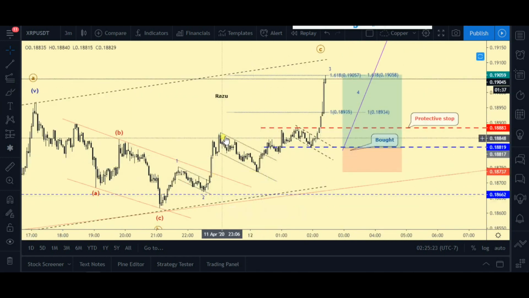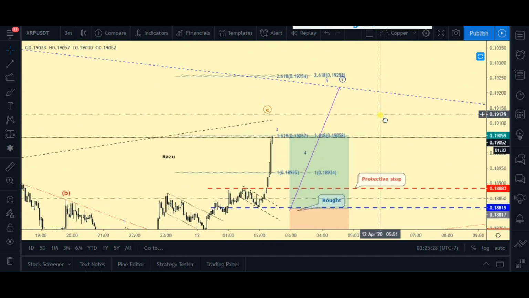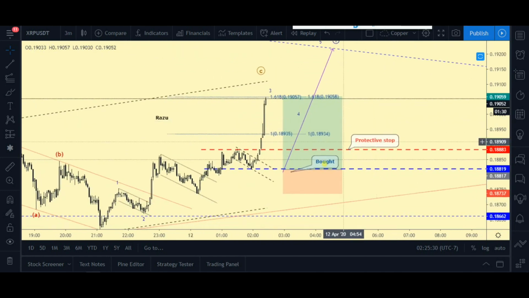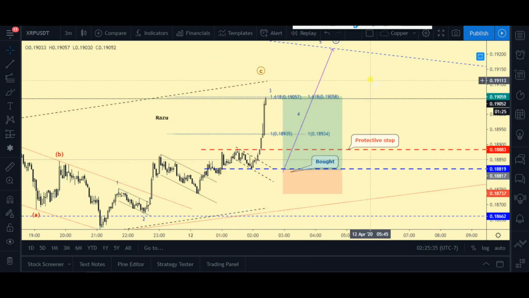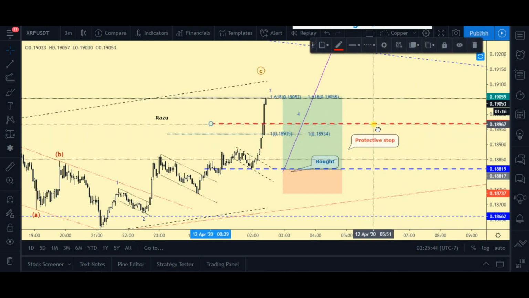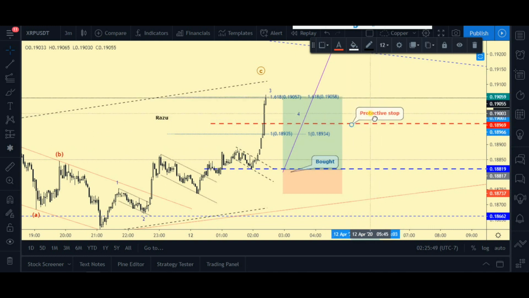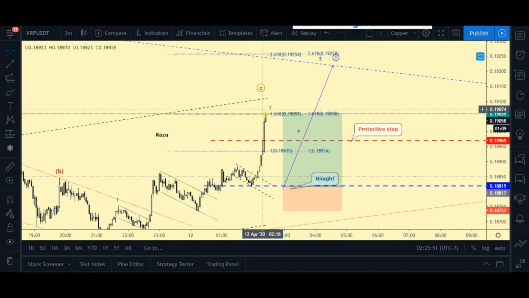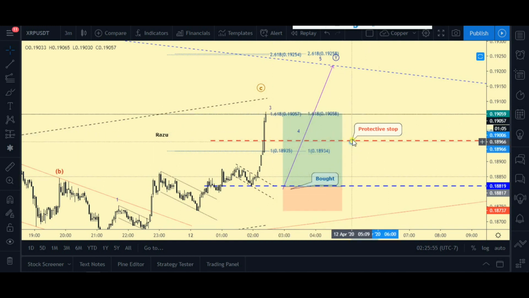We have this first and the second and third and fourth and the fifth coming up. So I know from this structure that the trend is intact, the uptrend is intact, it has not yet finished. So I'll better hold my position, and I can move my protective stop higher up to this level here. So now, in case the price comes below this point, I will book my profit. So in that way, my profit